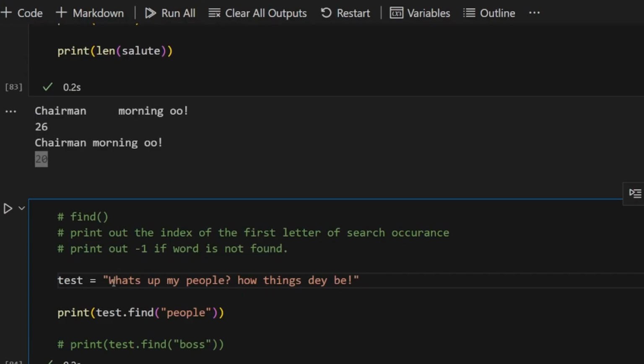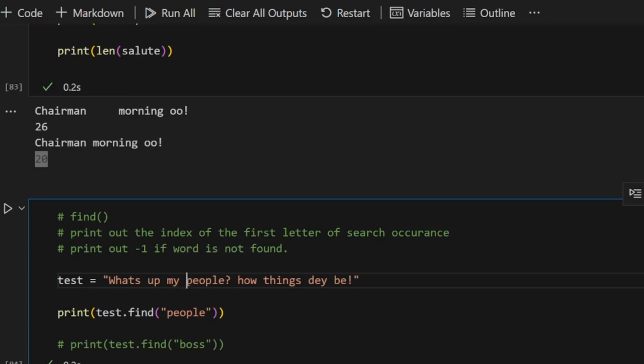If you count our characters, 1, 2, 3, 4, 5, space, 7, 8, 9, 10, 11, then the space, 12. I am counting the characters, not the words. So the first occurrence is at the letter P.